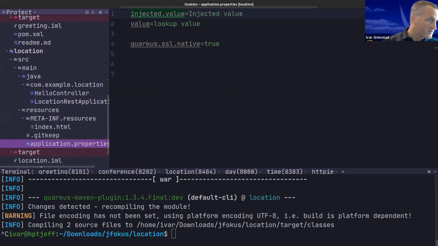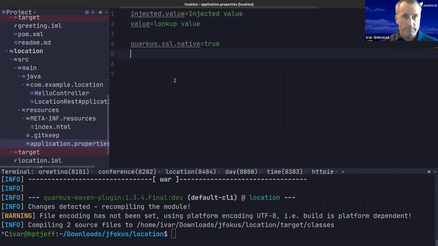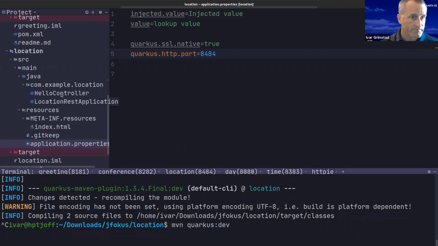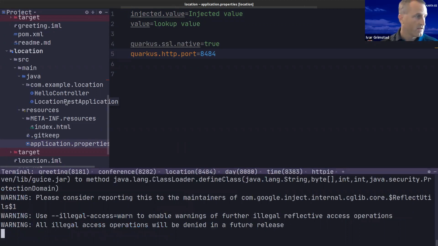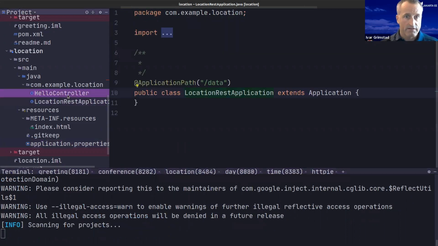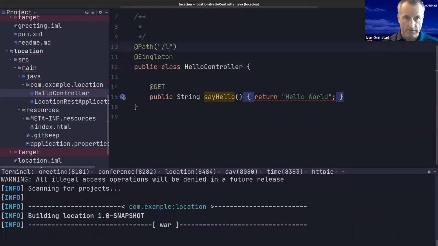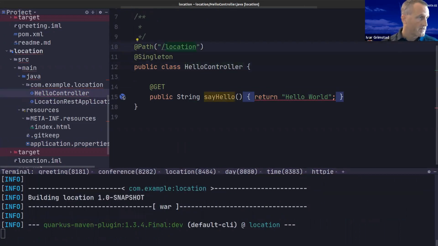And let me just see where I have the properties. I'll go in there and set it to 8484 and start it up again. This is data, this is hello. Let's call this one location. And rather than returning